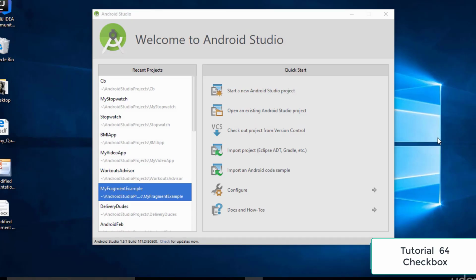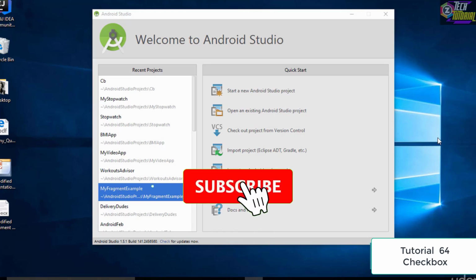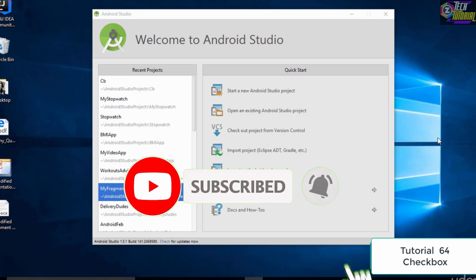Hello and welcome to this tutorial, and in this tutorial we are going to talk about checkboxes. Now in the previous tutorials we have learned about the stopwatch application and many such applications, but the thing is that nowhere in any application have we used checkboxes or radio buttons. So this section specially deals with the checkboxes, the radio buttons, the toast, as well as the different stylings of